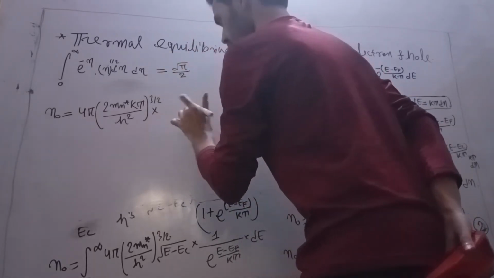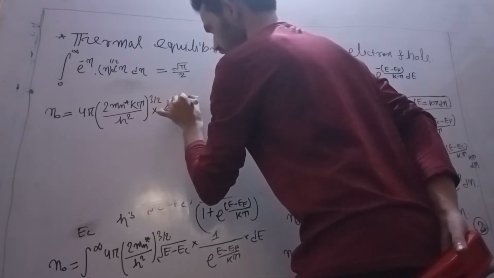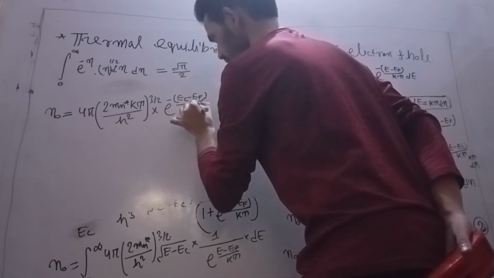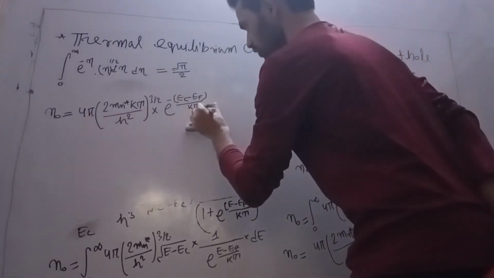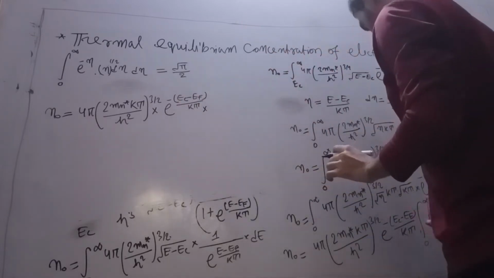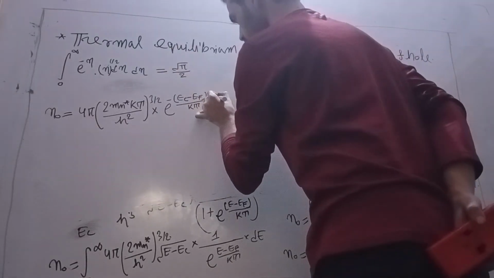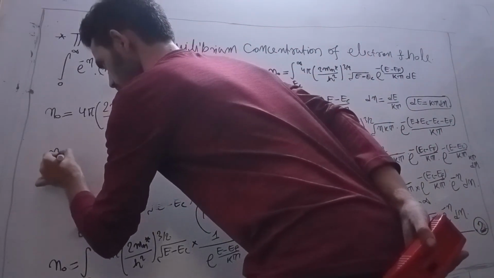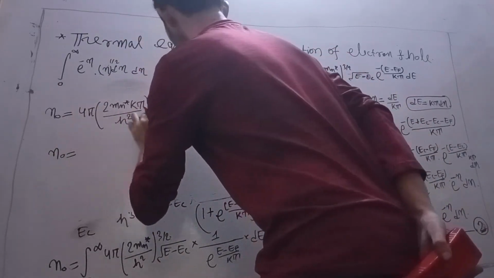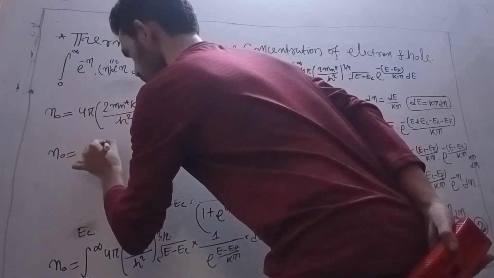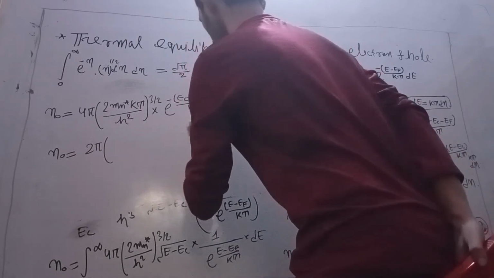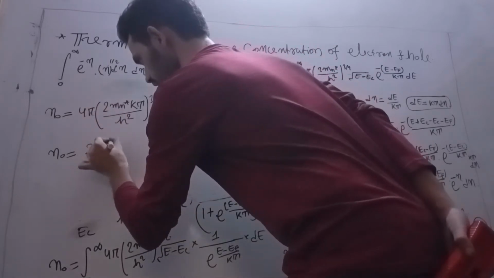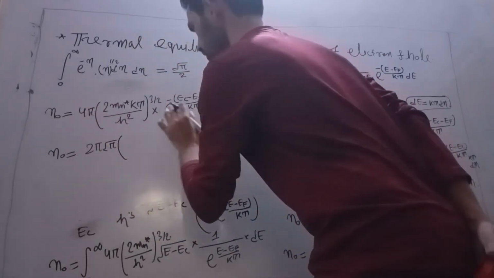Now see here, e to the power minus (Ec minus Ef) by kT, into what we got from here, the solution of this integration, which is nothing but root pi by 2. Now see here, n naught is equal to what? The 2 will get cancelled. This is nothing but 2 pi into... okay, so this is 2 pi. This is root pi, this is pi, so it is pi root pi into